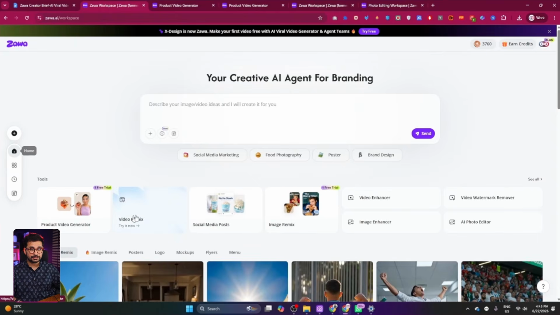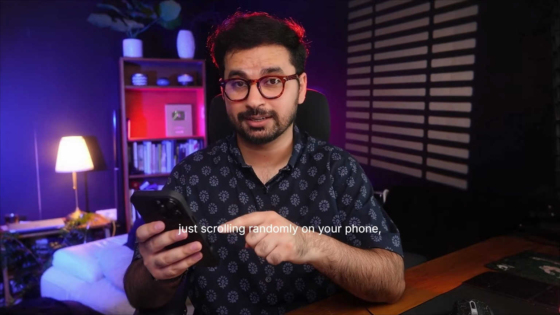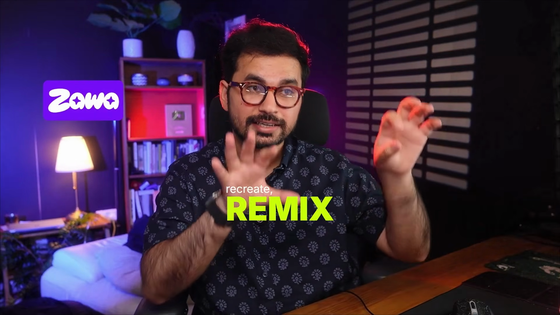Now there is one more feature that I wanted to show to you, which is video remix, and this is literally one of the smartest ideas on this platform. Here you can just again upload your product images, then you can provide a reference video. You can maybe upload a video file, or you can just provide a link to that video. You can upload a TikTok link, an Instagram link, or maybe a YouTube link, and even a Facebook link as well. Like if you're just scrolling randomly on your phone and then you suddenly find a viral video, all you have to do is copy that URL, then paste that inside Zawa AI